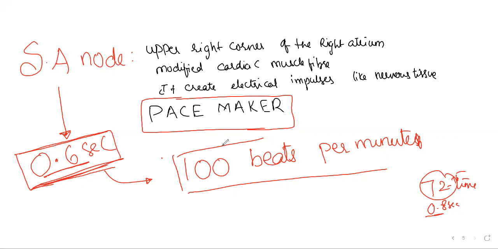Why not more than 100? You can use your hands or legs, and by practice you can make your hand movement 100 times, 200 times, or an unlimited number of times. But by practice or by anything, we can't increase our heartbeat beyond 100 beats, because that's the property of the SA node, which can create electrical impulses only at a maximum rate of one per 0.6 seconds. It can initiate 100 beats per minute. Okay, so all the ingredients are ready to go for the functioning of the heart now.